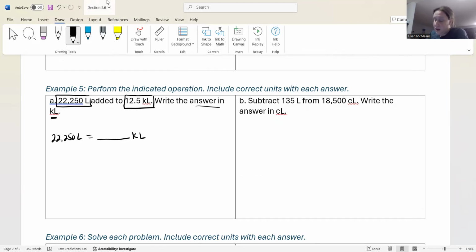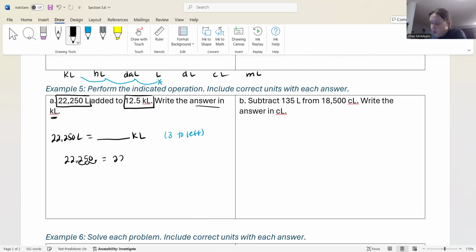Okay, so let's write out the metric system. We have kilo, hecto, deca, a single liter, deci, centi, milli. Okay, now we need to start at liters and we need to convert to kiloliters, which means we need to move the decimal to the left 3 times. Okay. So 3 to the left. All right. Now remember, just like in the previous example, if you don't see a decimal point, you always put it at the end of your number and then move your decimal. So I'm going to move to the left 1, 2, 3 times. So this is 22.250. I don't really need this 0 at the end of my decimal, so I'm just going to say this is